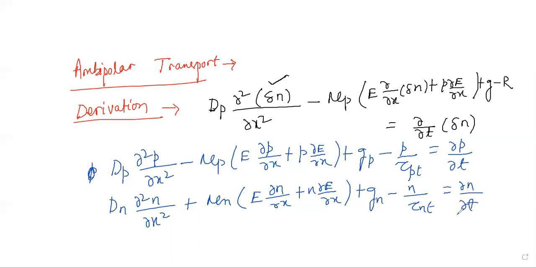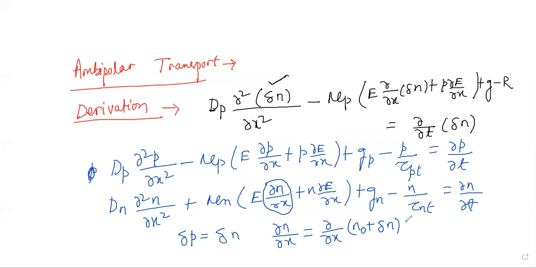Now if you substitute that, the rate of generation of excess electrons is equal to the rate of generation of excess holes, so delta p is equal to delta n. The second thing is del n by del x. You can see there are terms here with del n by del x. So del n by del x is nothing but del by del x of the total concentration. What will the total concentration be? Suppose whatever your concentration of electrons was earlier, and because of the external excitation you got delta n,